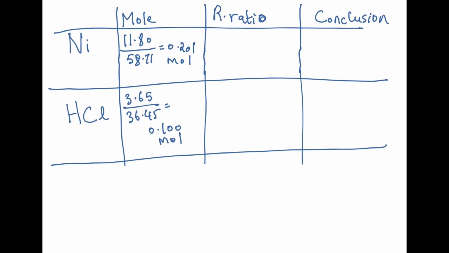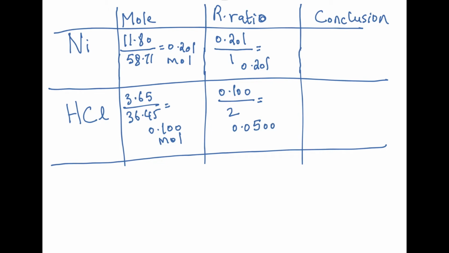Now that we have changed the mass into moles, we will move on to the second step of dividing by the equation coefficient. The coefficient of the nickel in the equation was 1, so we divide by 1 and get 0.201. The reacting ratio is actual mole divided by the equation mole. The coefficient before HCl is 2, so we divide by 2 and the answer we get is